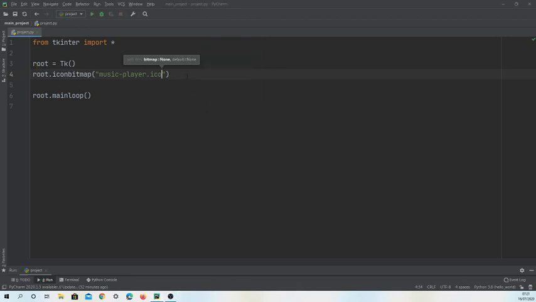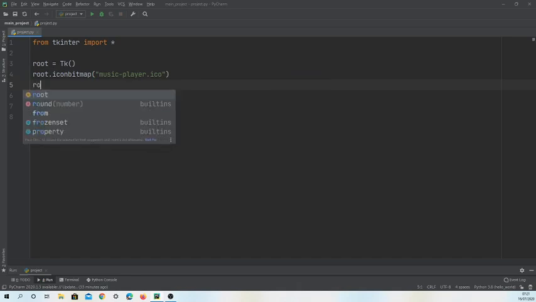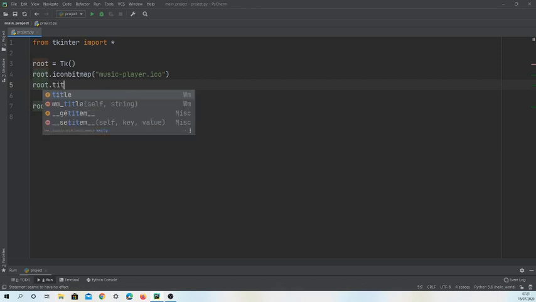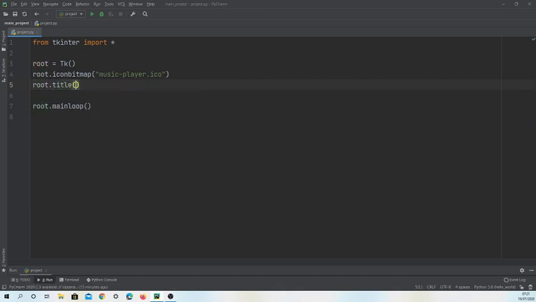Okay, so now if you see here, our title is actually a bit weird. It says TK, and we don't really want that. We want to put our own title. This is actually a pretty obvious thing to do. We're going to say root.title, and what this is going to do is set the title. So I'm going to call mine MP3 player. And if we run this now,